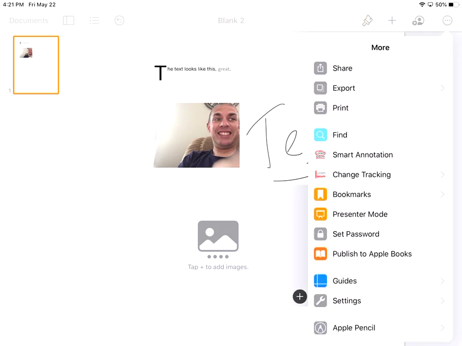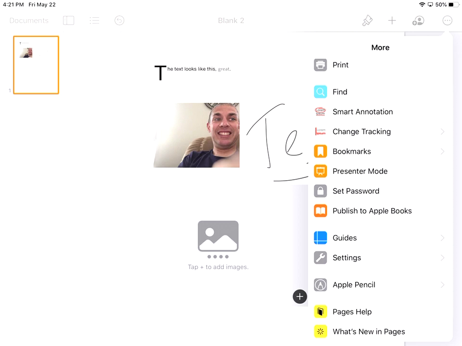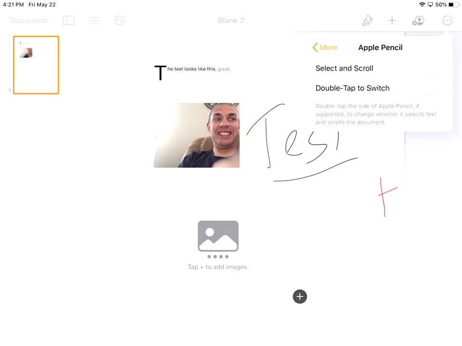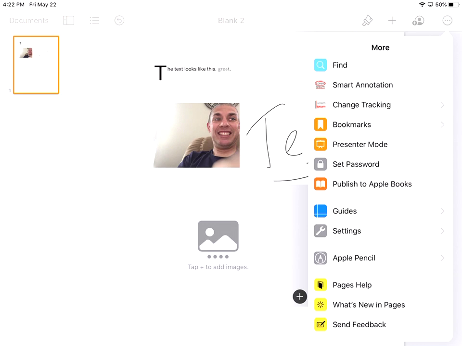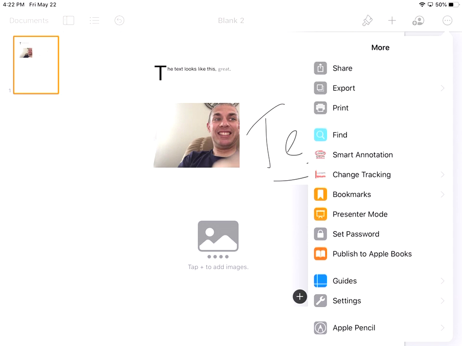And then when I click the three dots, this is where it becomes really neat. I can share this, I can export it, I can print it. I can change the tracking so I can look to see what was modified or whatnot. If I had an Apple Pencil, there's settings for the Apple Pencil. I don't have an Apple Pencil, so I don't have that. If you're really stuck, you can go to the Pages Help, what's new, and then send feedback. But what's really cool here is you have the export, and this